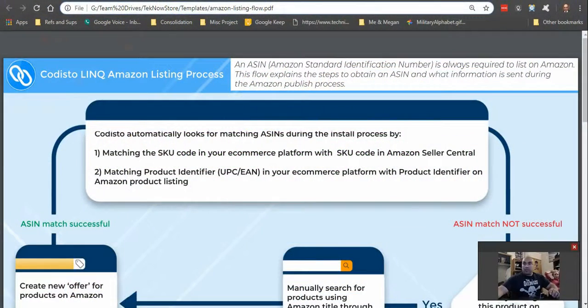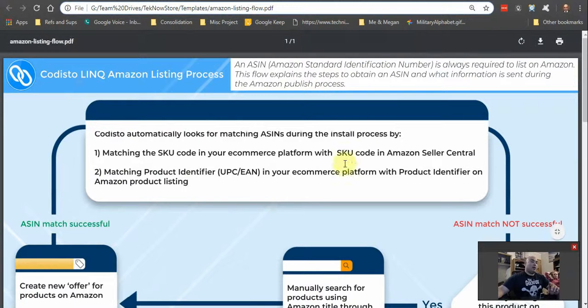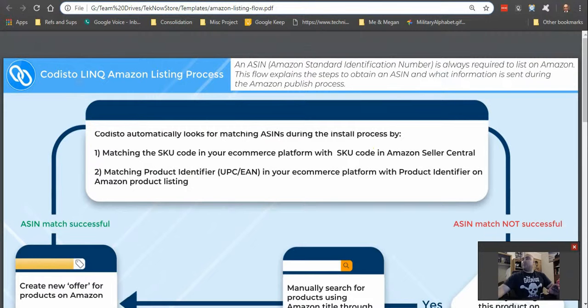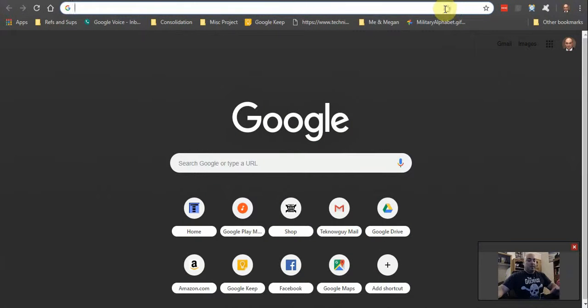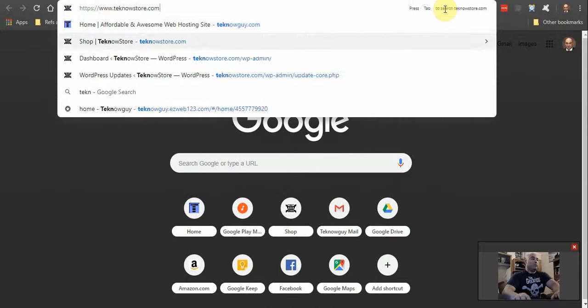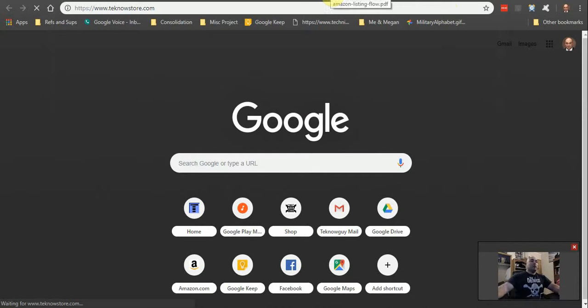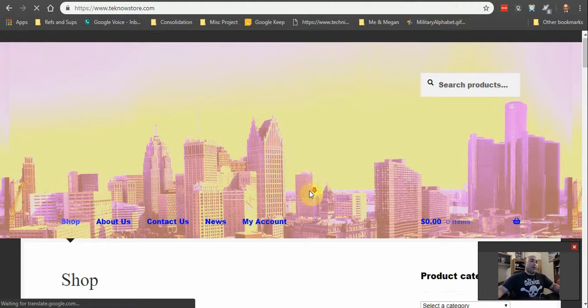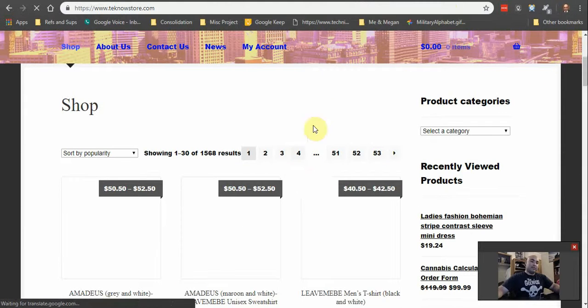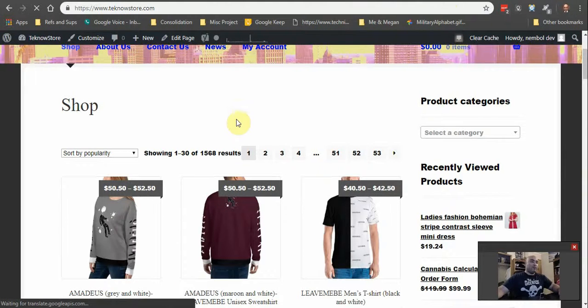Okay, so what I'm trying to explain here is we're integrating products in our store. We have tons of products in our store, and we're trying to push them or do a bulk import into Amazon. The reason we're struggling to do this, or it's a must-have, is because we have